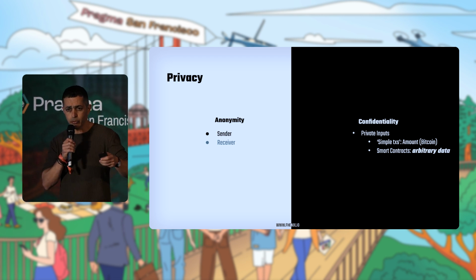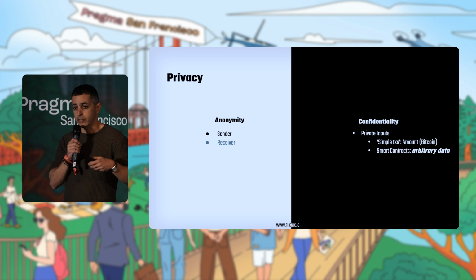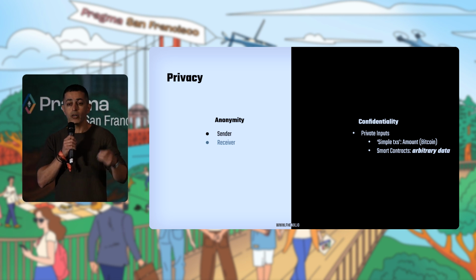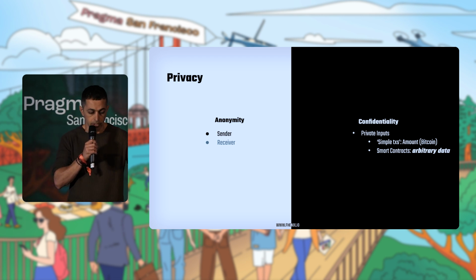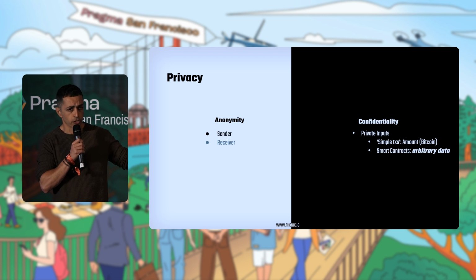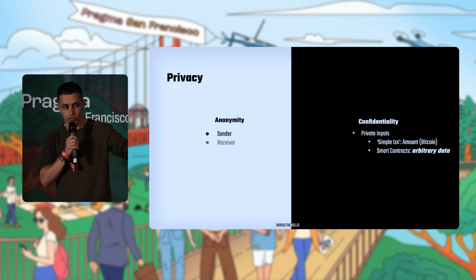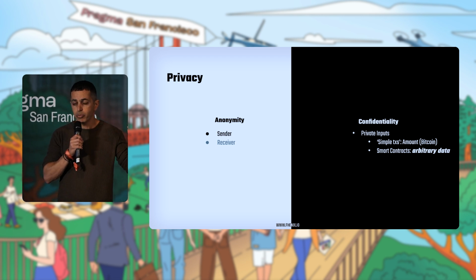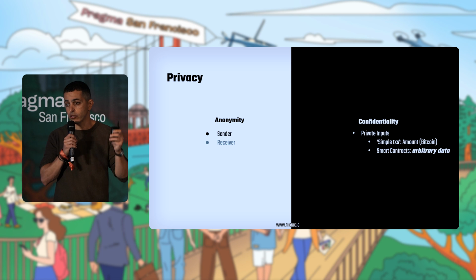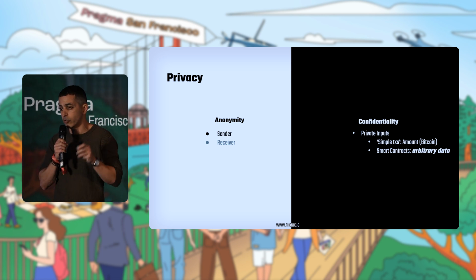When we think about privacy, we think about two things. One is anonymity or pseudonymity, and the other one is confidentiality. Anonymity is the ability to hide the identity of the person that does the transaction, whether that's the sender or the receiver. There have been several projects trying to solve it, like Tornado Cash, etc., and not all of them ended up well. But what we're mostly focused on is a part which I think is more interesting, and that is confidentiality, which means the ability to hide the content of the transaction.